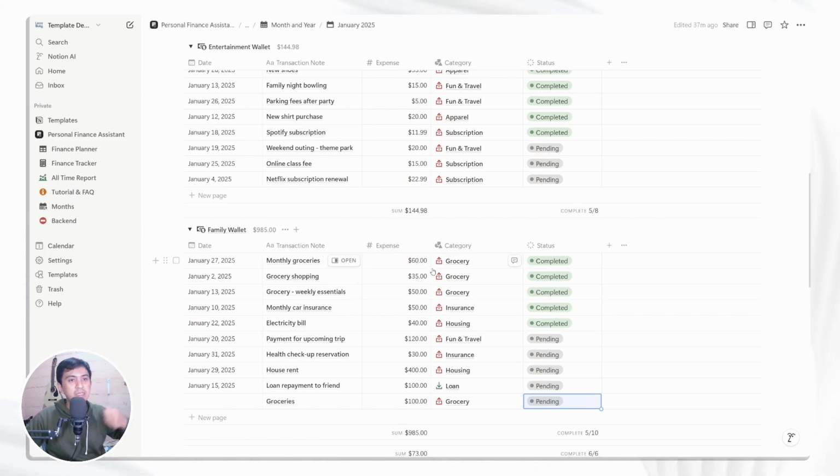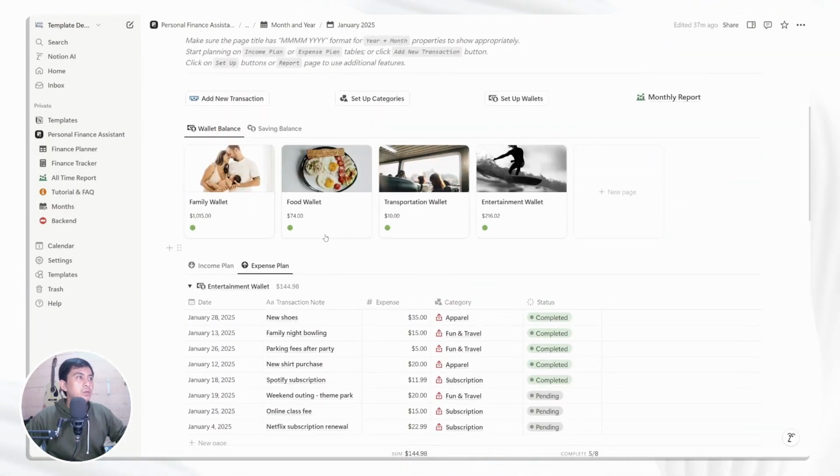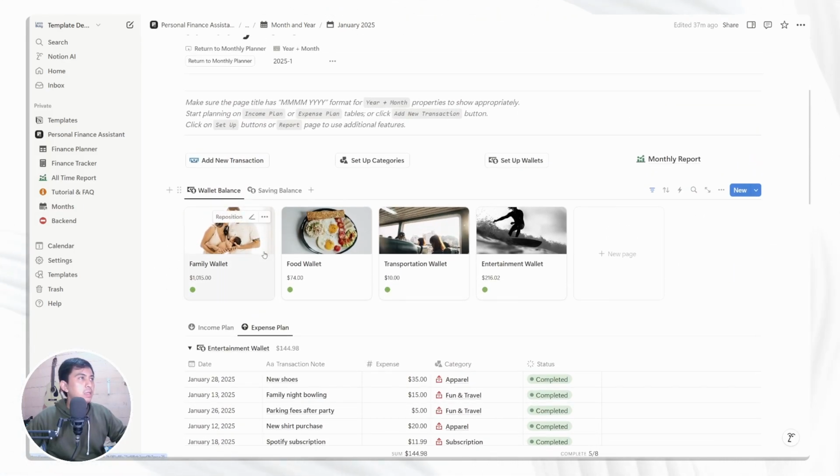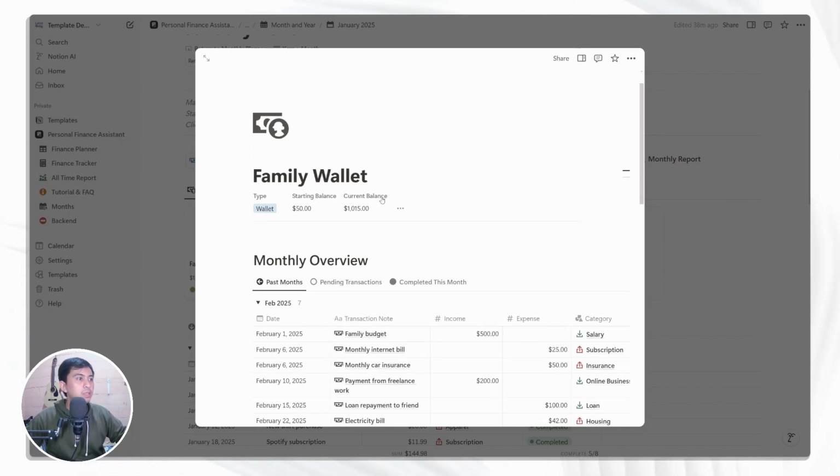You can plan transactions, and you can also change everything that you plan. Maybe the last thing that I want to show you, well, not the last thing, since we will still have a finance tracker, but on this page, the last thing I want to show you is that we can briefly see what's inside the wallet.